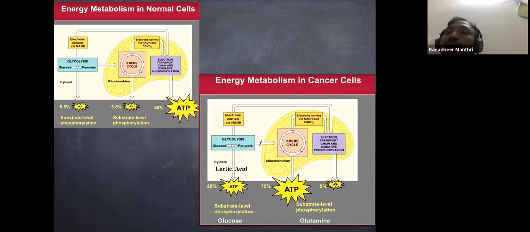Because of this, there is too much lactic acid. The lactic acid is nothing but the pH changes. Once the pH changes, there will be no appetite. Whether change in metabolism is the beginning of cancer or cancer causes change in metabolism is still a debating topic. It is a very interesting thing. If you read Nature Reviews Metabolism, it is the crux of cancer. Now, future cancer research will be dealt with metabolism. Next slide.